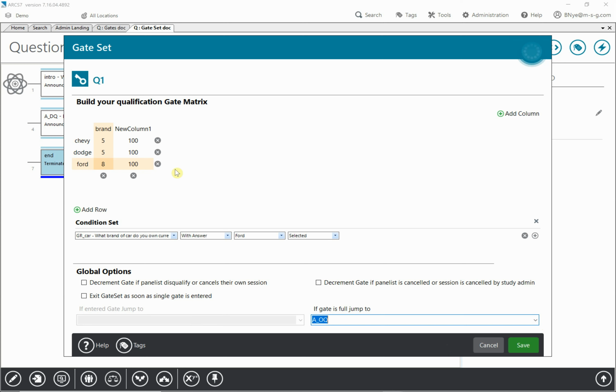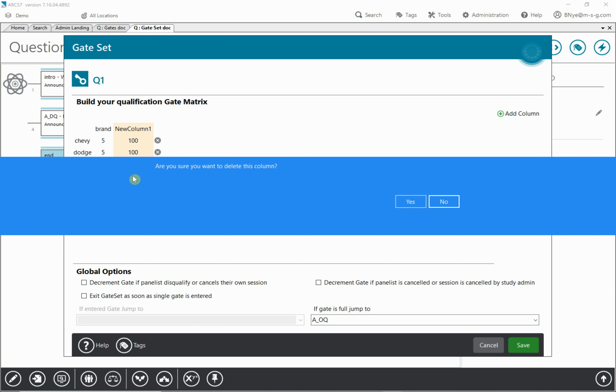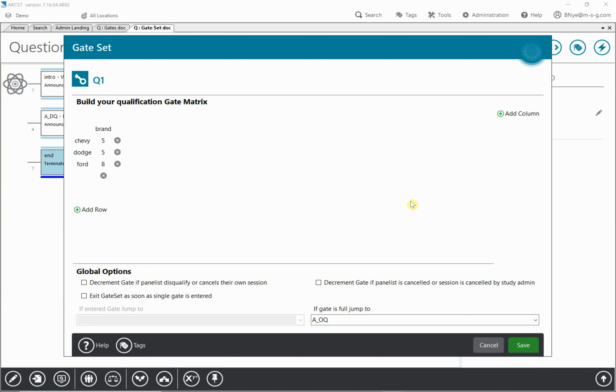The other thing that we can do in here, you'll notice I'm not using this second column. So I can delete that column by clicking that X. If I want to add it back, then I can just click add column. If I was looking to do something more detailed where I wanted Chevy people with different colors, I could have my different colors across the top